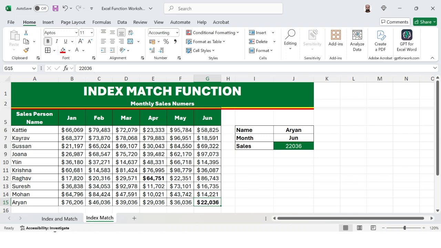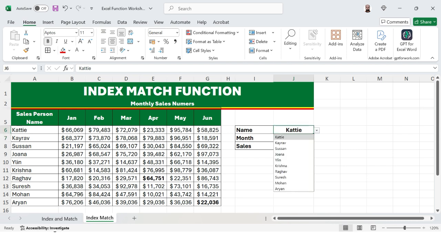22,036. If you want to choose some other name, Catty's sales in June are 58,825. If you want to choose another month, March, she has earned 72,079. If you choose February, she has earned 79,483.